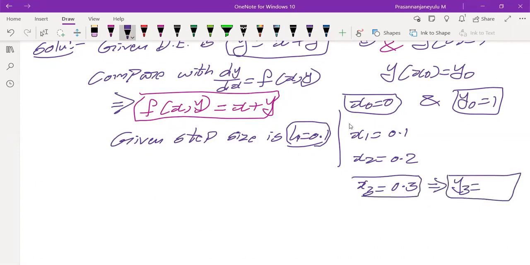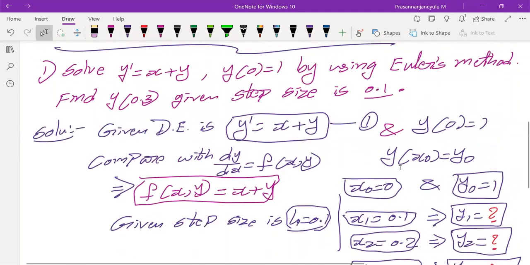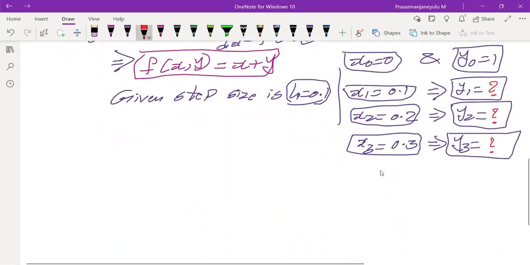For finding y3, according to our Euler's method, it depends upon x2 and y2. So we require to find y2 also. And for finding y2, it depends upon x1 and y1. So we need to find y1 also. So here, these are the values we need to find: y1, y2, and y3. Okay, so I'm marking with the question mark. That means we need to find y3 only, nothing but y of 0.3 only. But still, we need to find y1 and y2. They did not mention in the problem, but still we need to find y1, y2 also. So by using Euler's method,